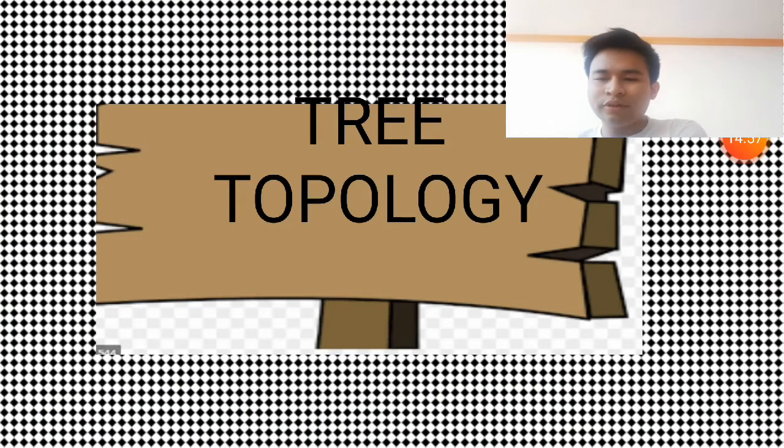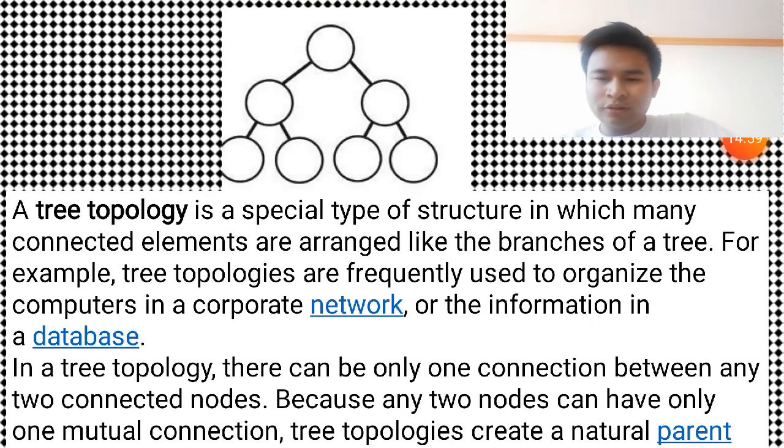This is the tree topology. It is a special type of structure in which many connected elements are arranged like the branches of a tree. For example, tree topologies are frequent